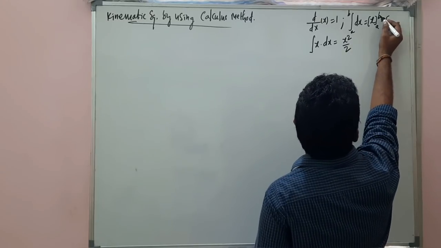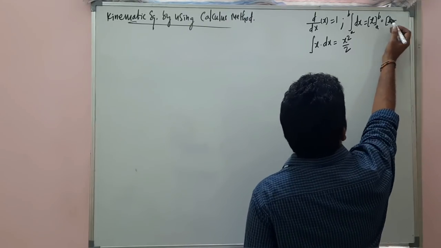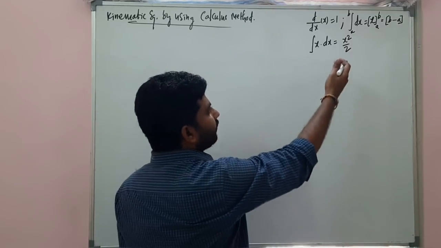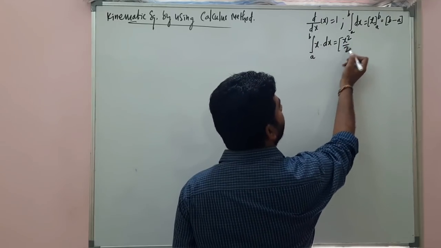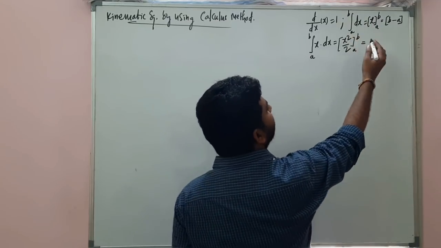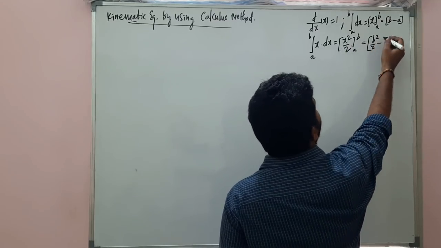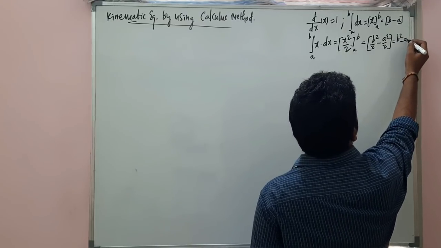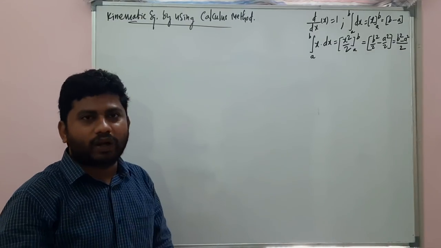Now b needs to be substituted in place of x first, minus a, the lower limit, substituted in place of x. Here, if you have limits from a to b, integral x dx will be x square by 2, from a to b. First b is substituted in place of x, so that is b square by 2, minus a square by 2. So this will be (b square minus a square) by 2. Only these basics are required for us now.